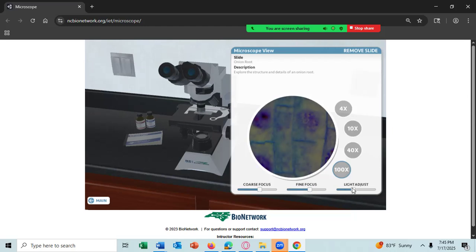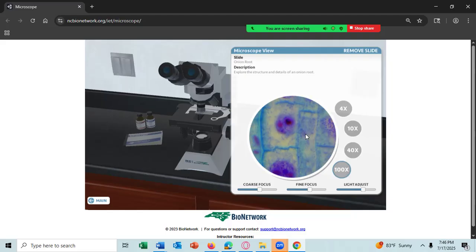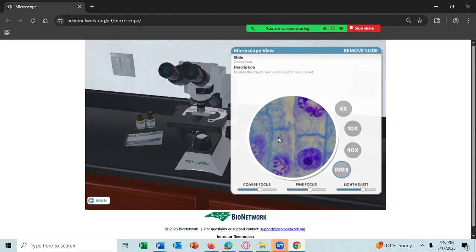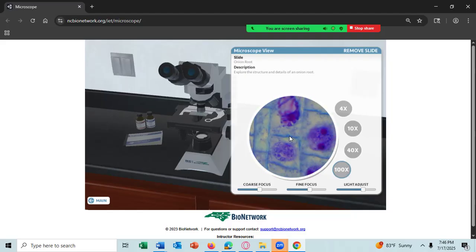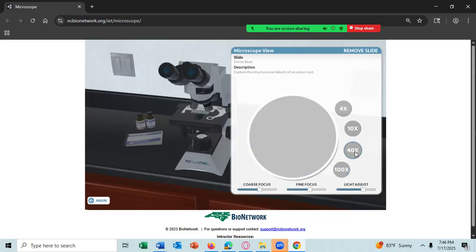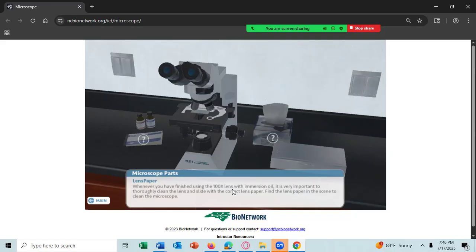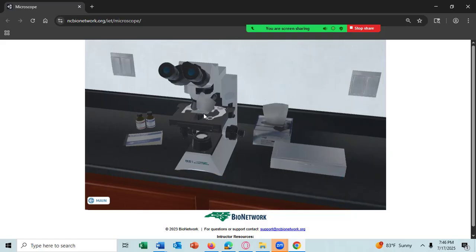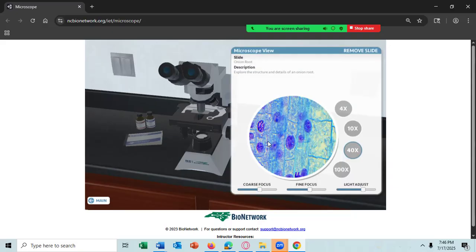Change the light. It's better. I'm not seeing, oh, there it is. Well, no, that's not it. Let me go down. You need to use lens paper to clean the lens when you use oil.